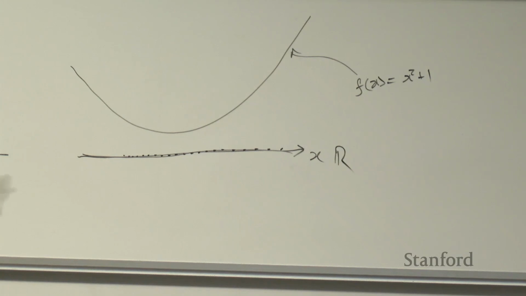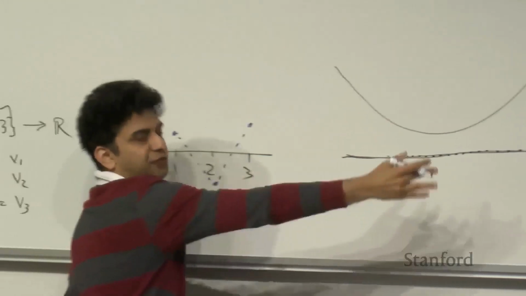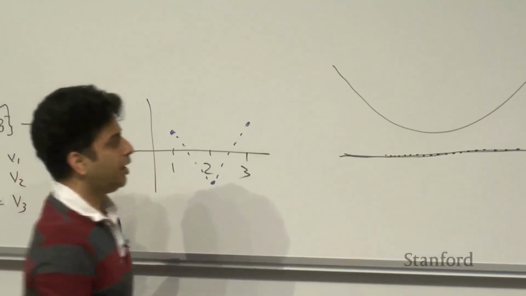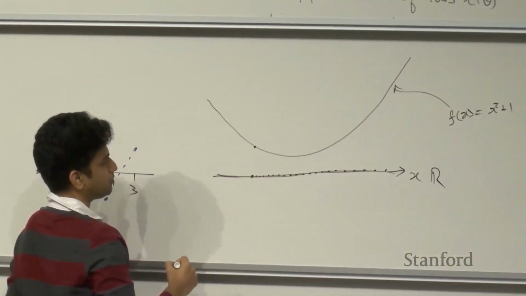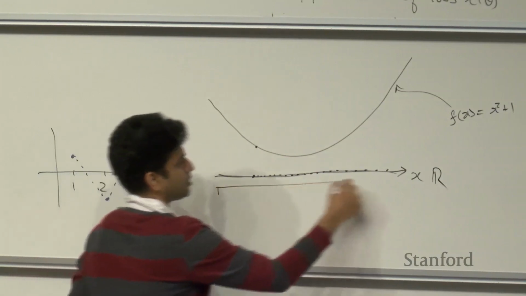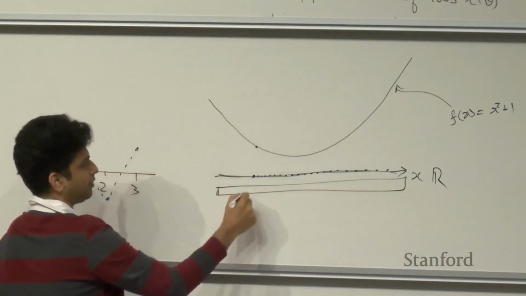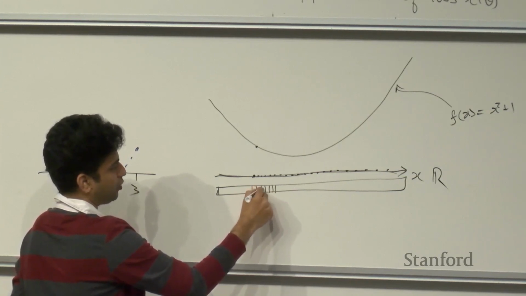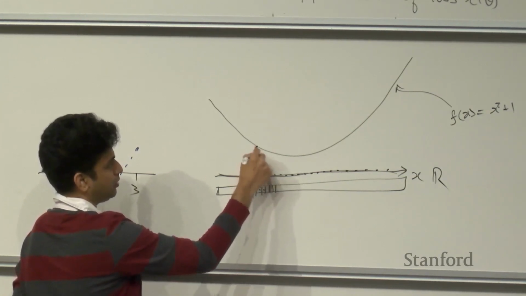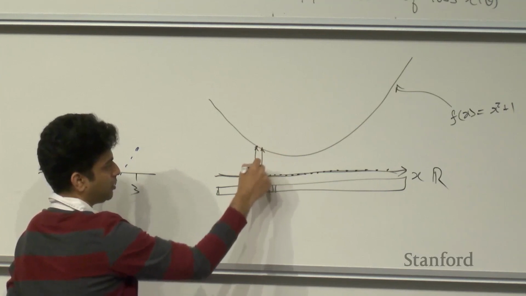For these functions we had just 3 possible inputs. For this function we have an infinite number of inputs, right? And the value of the function at each point, so pretend this is one long vector, an infinitely long vector, where the value of each coordinate is the height of the function, right? So the value of the function is what you fill in that